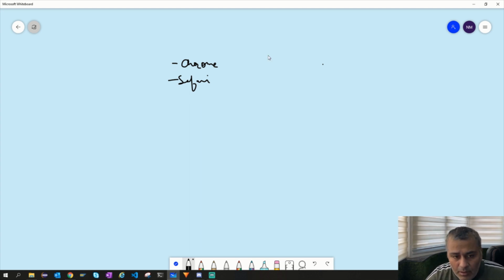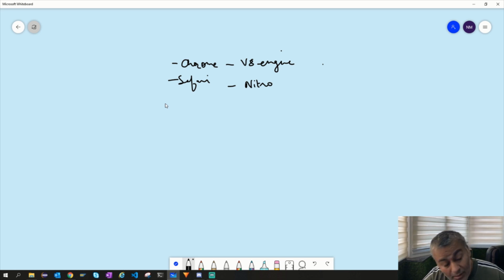For example, Chrome has written the popular V8 engine, and Safari has something called Nitro, I believe. And Mozilla or Firefox has one called SpiderMonkey.